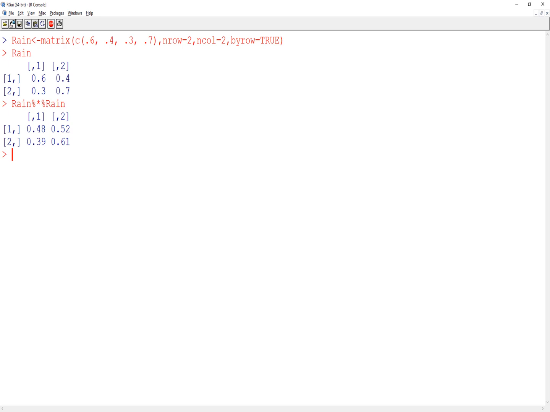And so we see what those are. Also notice those numbers, those probabilities, if you sum across the rows, still sum up to 1. So what are those numbers saying? That top left is state 0, so it's basically saying that if it's sunny today, the probability that it will be sunny 2 days from now is 48%. The probability it will be raining 2 days from now is 52%. Easy enough?